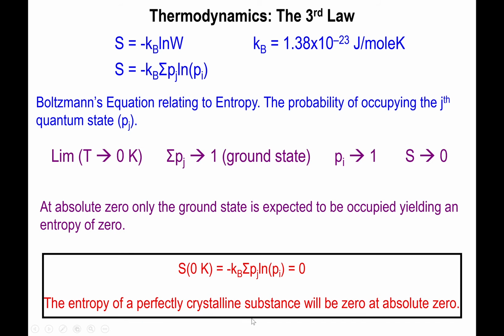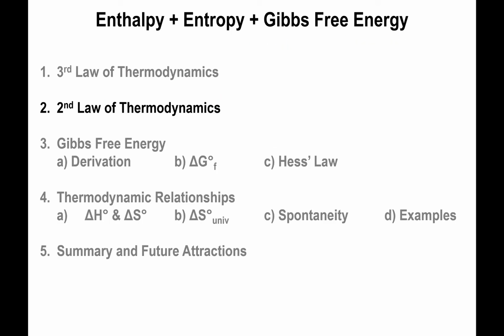It has to be a perfect crystal too, kind of like solar cells or solar panels have to have a perfect crystalline system, or else the quantum yield of the solar panels decreases considerably. Yes, the entropy of the perfectly crystalline substance will go to 0 because all of the electrons will be in the lowest energy state, and the probability of finding an electron will be 100% on that particular ground state. All right, now that's kind of the extent of what I want to tell you in regards to the third law of thermodynamics. If we try to go any deeper than that, this is going to get very complicated and confusing very quickly. So instead, I'll call it a day for the third law of thermodynamics,